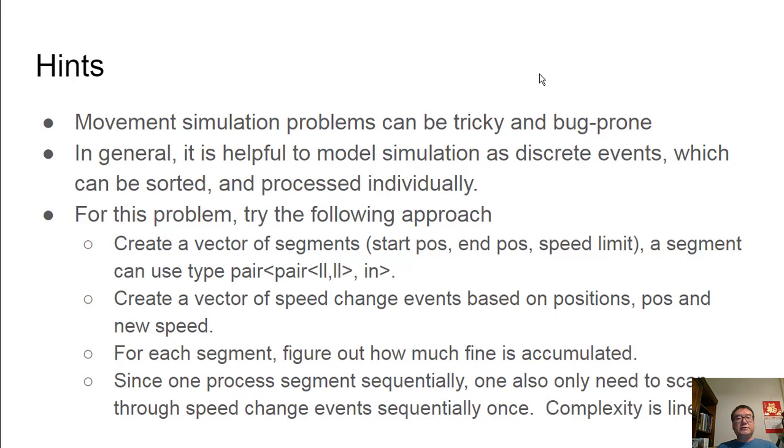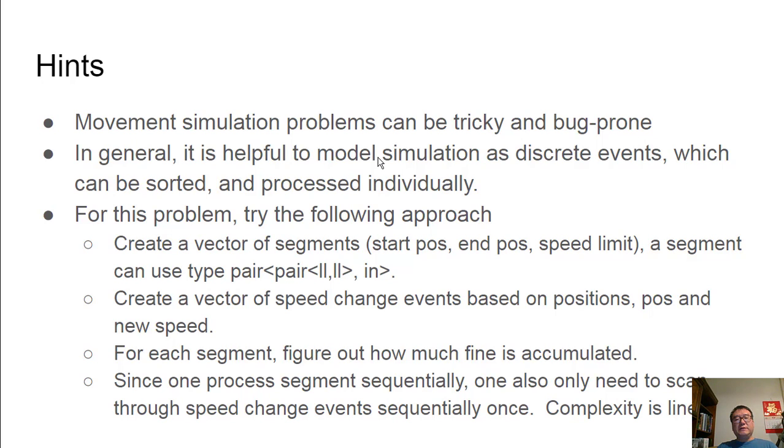So this is a simulation problem. You are simulating movement and trying to compute some quantity during the simulation. I find simulation problems fairly tricky to write, and they're very bug prone. At least when I write them, they tend to have bugs, and I have to debug to figure out what went wrong. However,